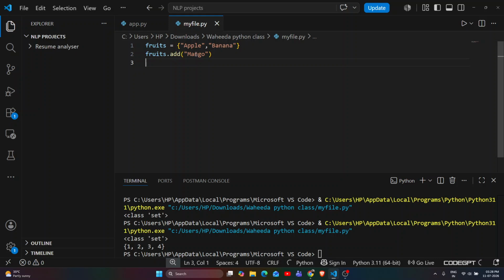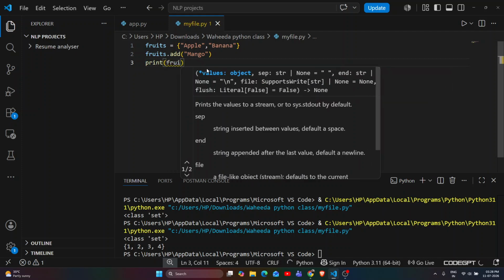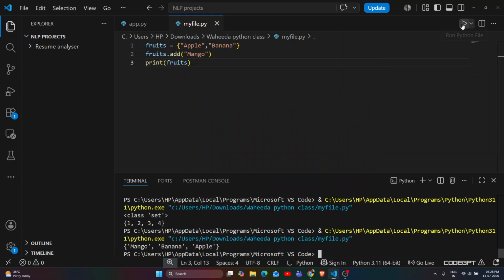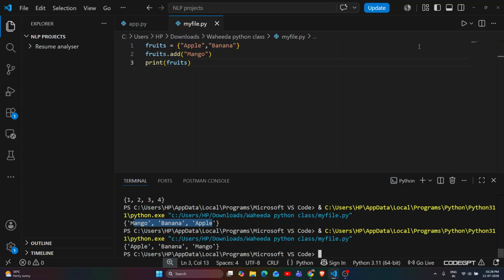Fruits dot add mango, and if you print it, see, mango, banana, and apple. Apple, banana, and mango. Mango, apple, banana. Can you see a pattern here that